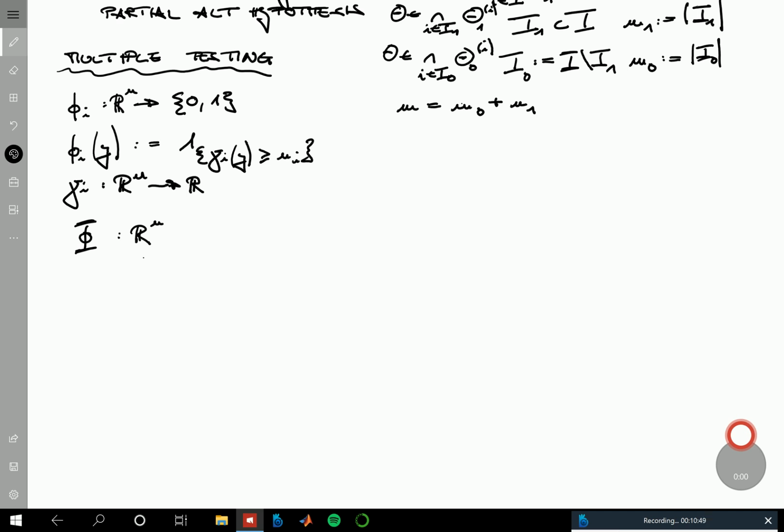However, the complete or the multiple test then looks at all voxels. There are M tests, there are M hypotheses, so there are M zeros and ones,